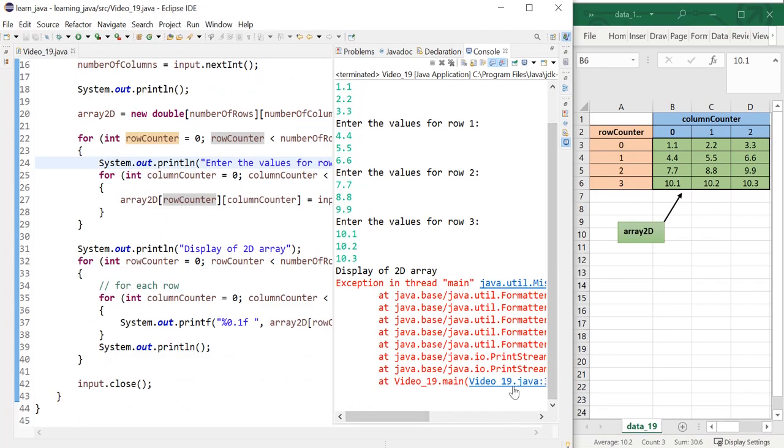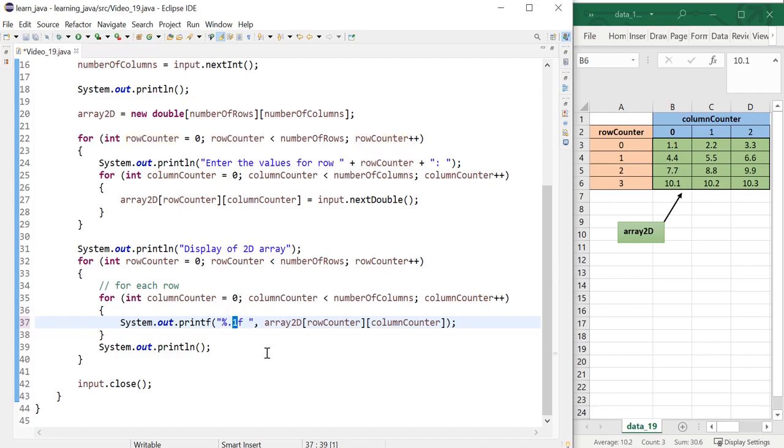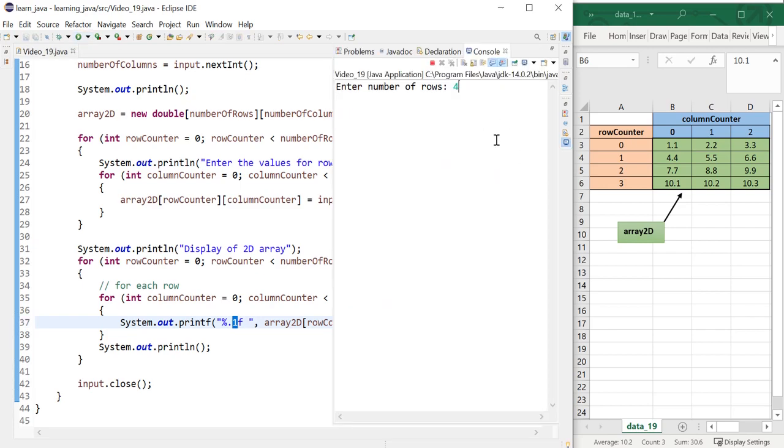Okay, so I have an error. My program crashed. I'm going to click on the error, and the compiler will highlight the part that is causing the error. And so it's because of that 0 sign. It was not supposed to be there. So I've put 1 for 1 decimal place. And I'm going to run the program again and enter the values of 4 by 3 and the same values again